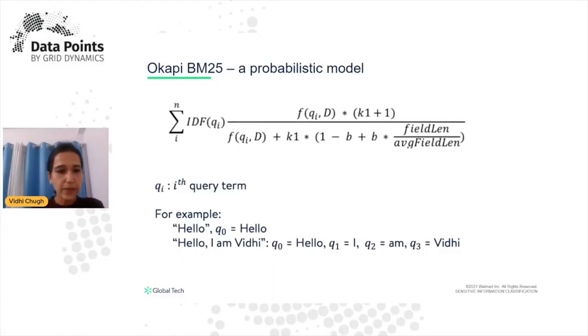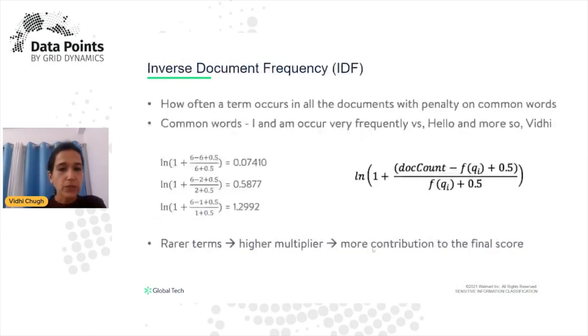Okay, so let me just tell the example here. Q0, for example, if I'm only typing hello, then Q0 is hello. And if the search query looks like this, then Q0, Q1, Q2, and Q3, all these are being put into the formula for i from 0 to 3, right? So 0, 1, 2, 3. Okay. So I'll explain about IDF first,